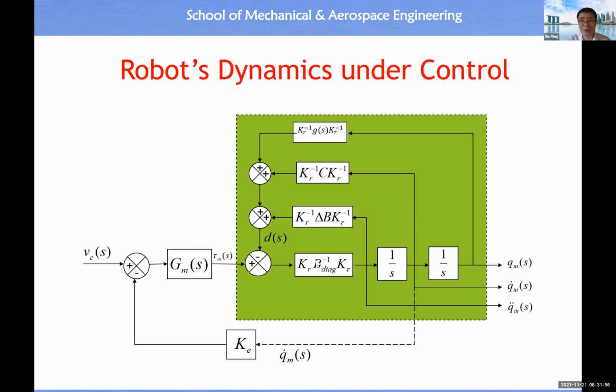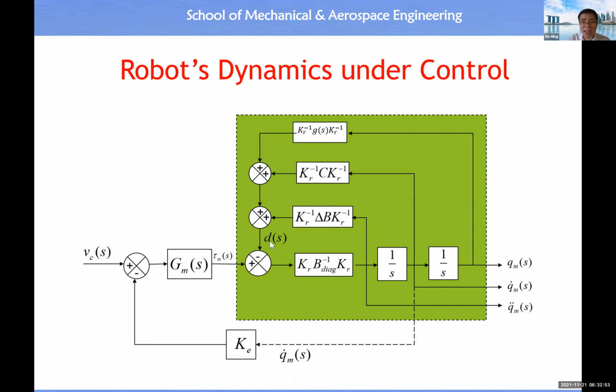If you observe carefully, here you see the inverse of KR, because inside the KR we have a diagonal matrix with a reduction ratio. If during the design we choose a torque joint or speed reducer with a high reduction ratio, for example 200, then you see 1 over 200 times 1 over 200, which is 1 over 40,000. So this is a very big divider. Eventually you can imagine this signal will be extremely weak. Very, very weak signal here, and very, very weak signal here. If you add them together, this is also a very, very weak signal. So it means we could ignore all this